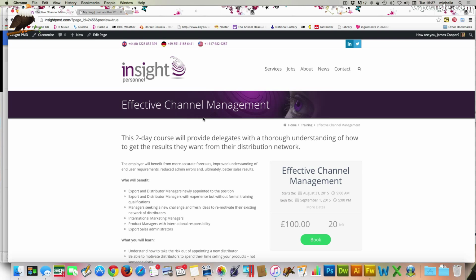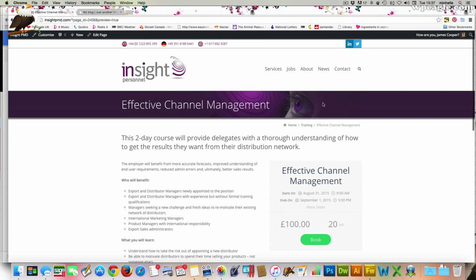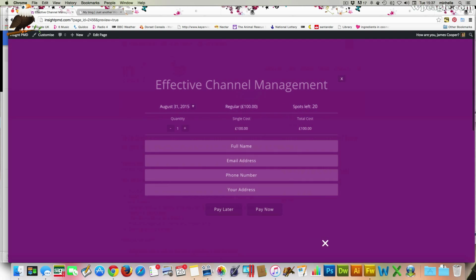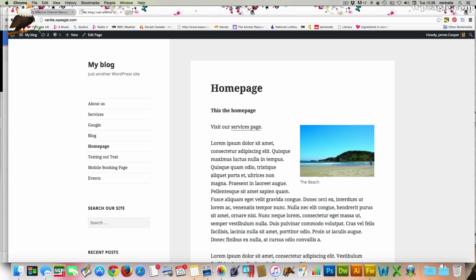So this was a website that I'm doing for a client, and you can see the event management here, or the event system is here, so people can book. They can click this button, brings up a lovely form, and they can just fill in their details, and then I said you can pay now or pay later. So I'm going to be showing you how to set it up on my vanilla site here,